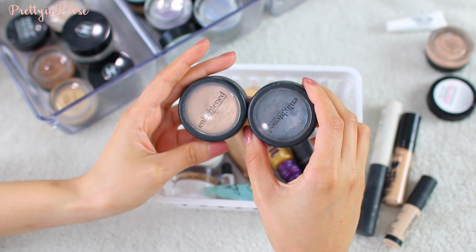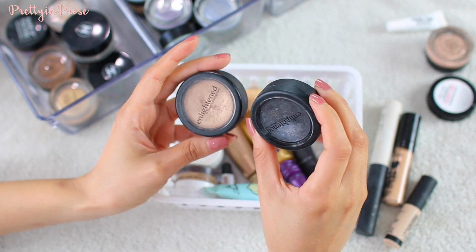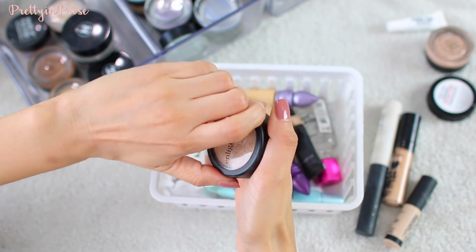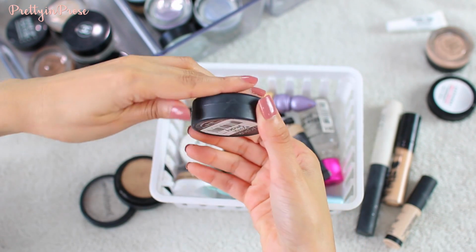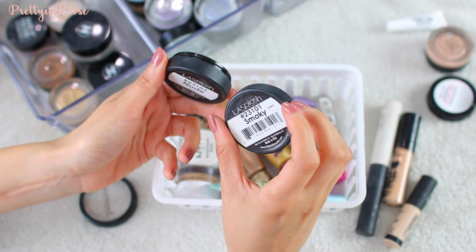I have these two by LA Splash, and I know I had a third one last year that I let go of. It was a really pretty lighter tone champagne color, but these I use for eyeshadow bases. This first one is in the shade Nude, and the other one is in the shade Smoky. I don't know if LA Splash makes these anymore. I got them